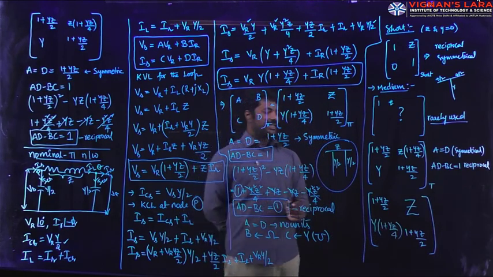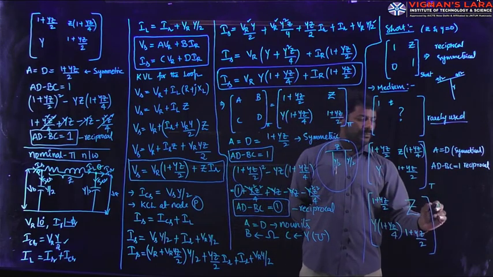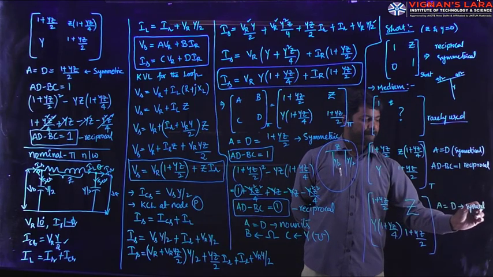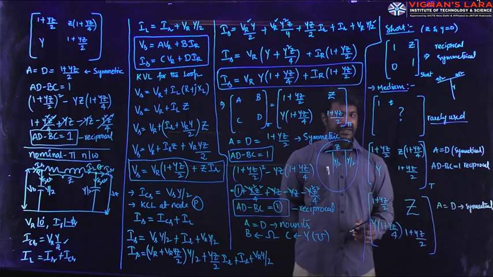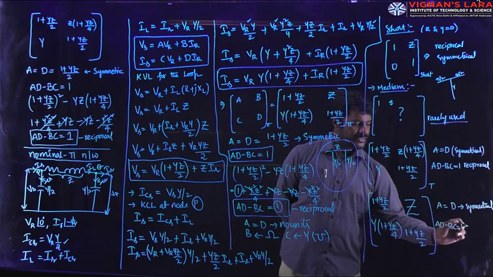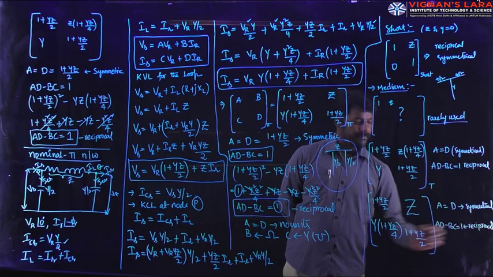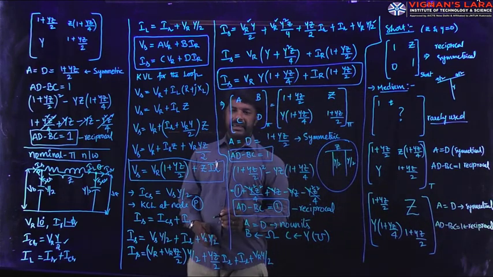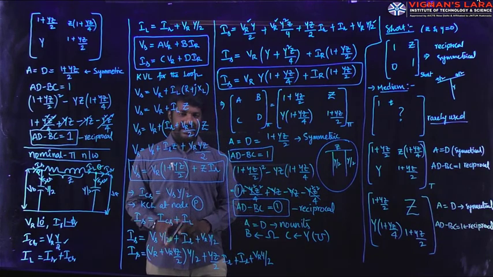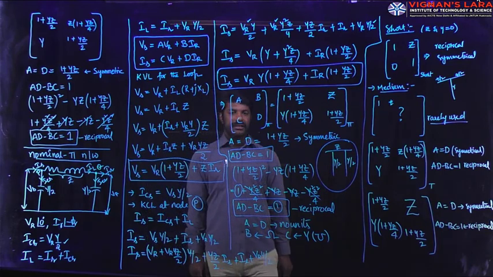Hope all of you can easily remember the formulas with this simple identification. Here also, the constant A is equal to D, so you can write this network as a symmetrical network. And also AD minus BC value is 1, saying that it is reciprocal. Yes, with this we completed the ABCD constants of the entire transmission line: the short line and the medium lines. Medium lines are represented with the end condenser method, nominal T and nominal pi.